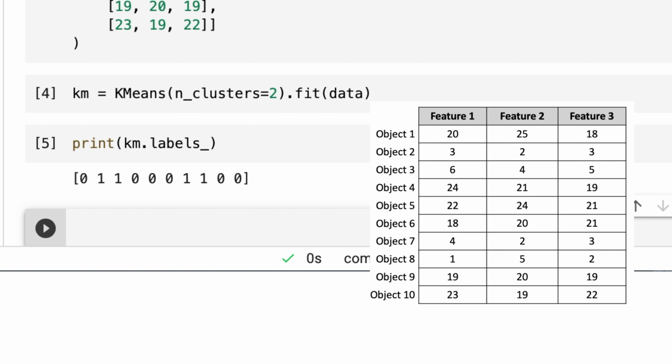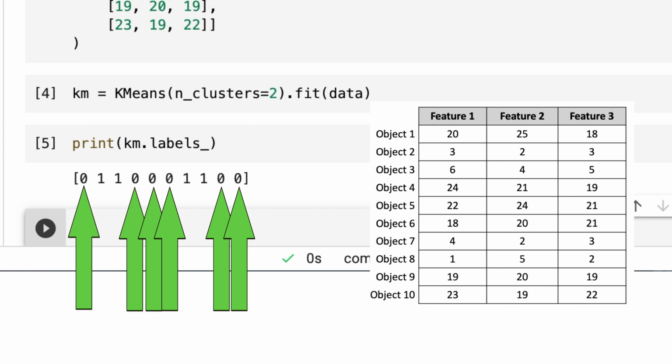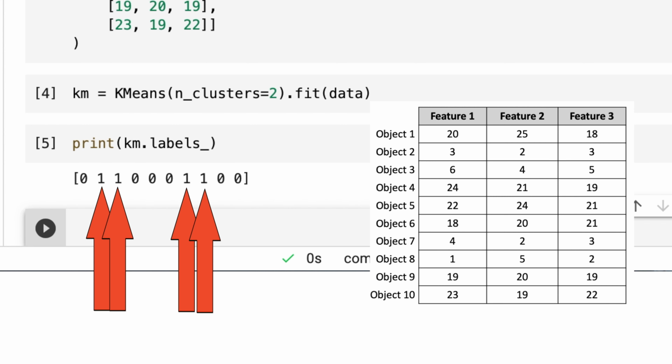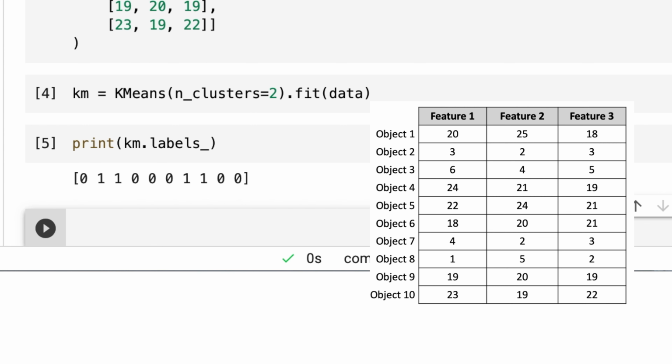Here in this example, one cluster is called cluster 0 and the other cluster is called cluster 1. We asked for 2 clusters, so we received 2 cluster labels 0 and 1. If we had asked for 3 clusters, we would have received 3 labels 0, 1 and 2.